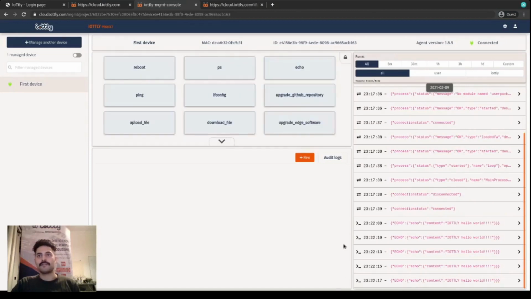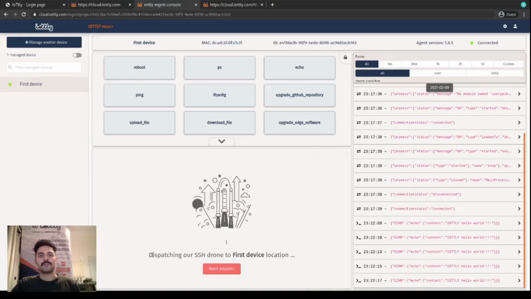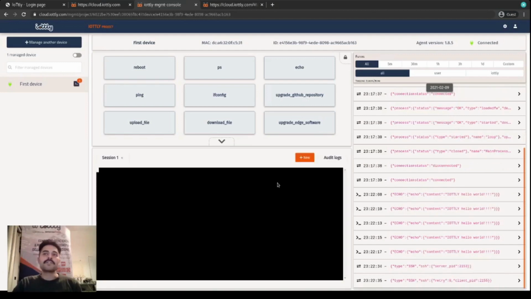The last square is this big one that looks empty. That's because we haven't pressed on new yet. So if we press on new, then we see that we're dispatching our SSH drone to the location of our first device, which means that we're going to open an SSH session on our device, which will be exactly like having our device connected to our local network and SSH in our local network, just that we're doing this via the internet. So we're going to have the same exact commands and